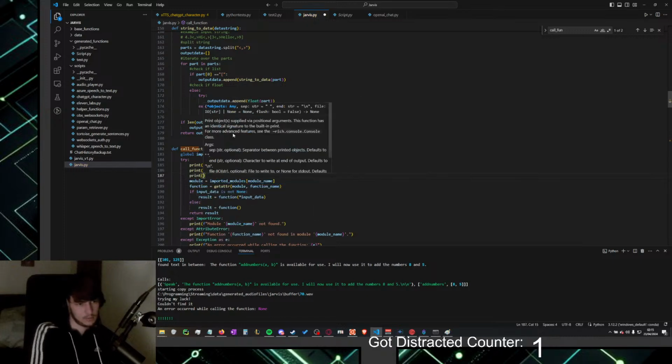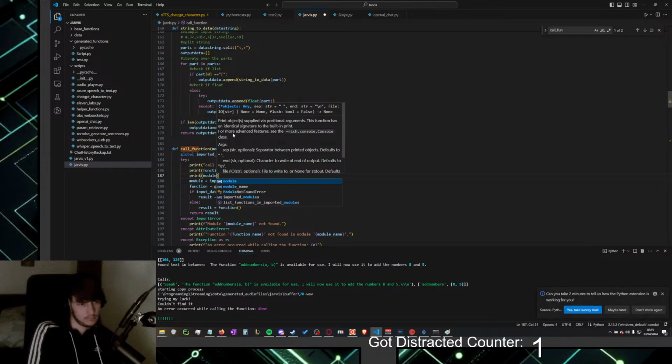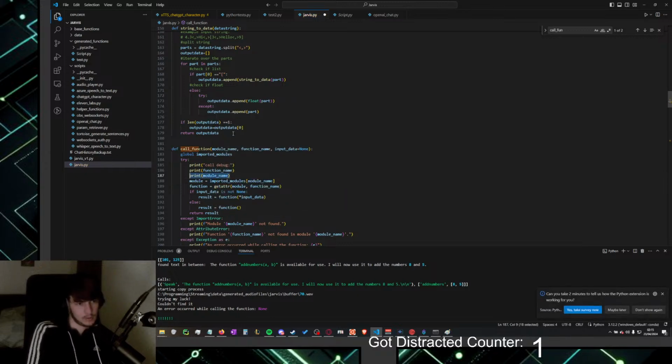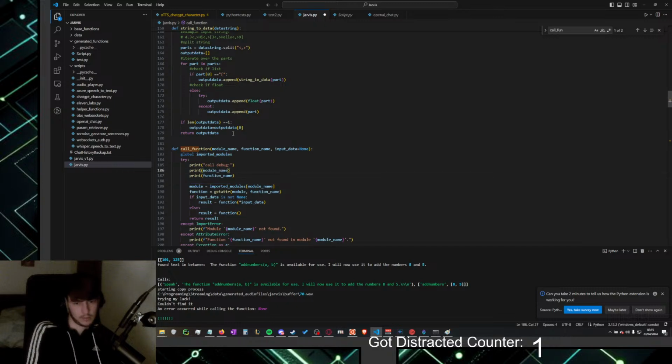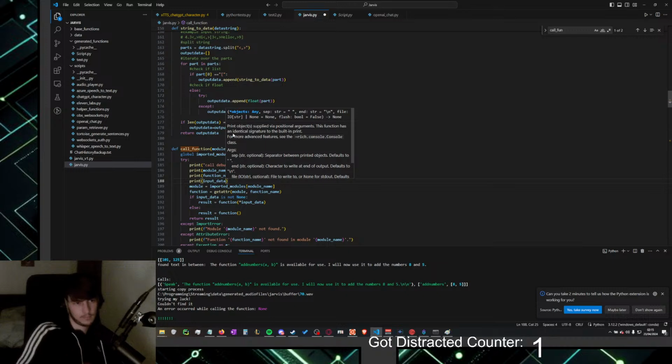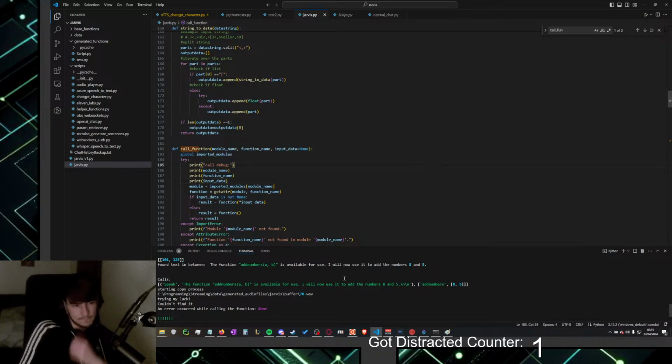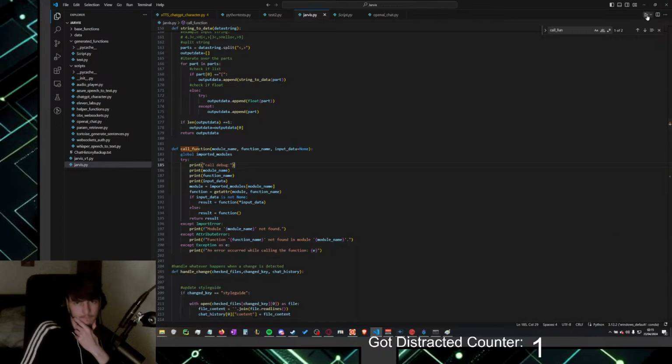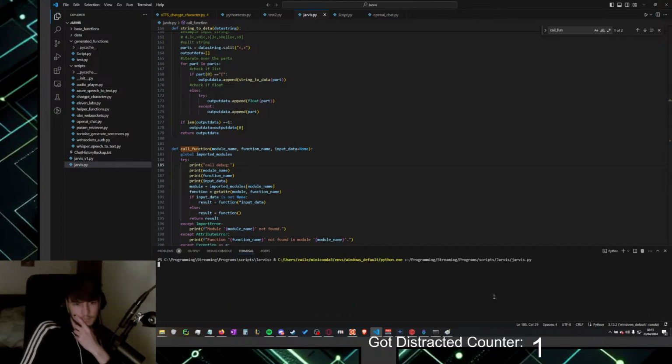Print module name. Okay, wait, let's do it the proper way around. Function name, module name, and print input data. Okay. Slowly but steadily we are getting there.